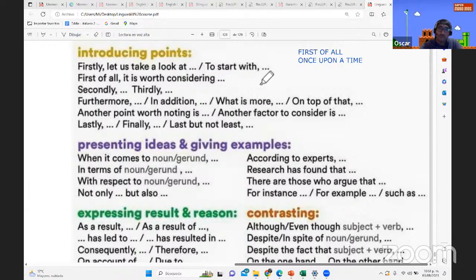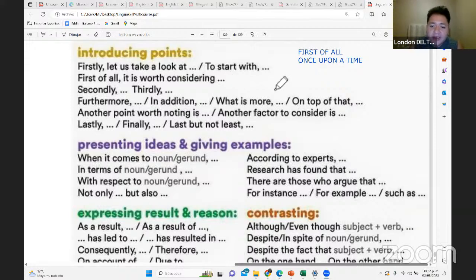To start with, you can say: to start with my day, I drink a hot coffee with a sweet bun, con un pan dulce. Okay, you say, to start with my day, I read a book or I take a shower. Puedes utilizar esto. Esto nos ayuda porque ya sabemos vocabulario de rutinas, ya tenemos un poco de la gramática, pero nos faltan como que conectarlos. Entonces, esas expresiones nos ayudan.